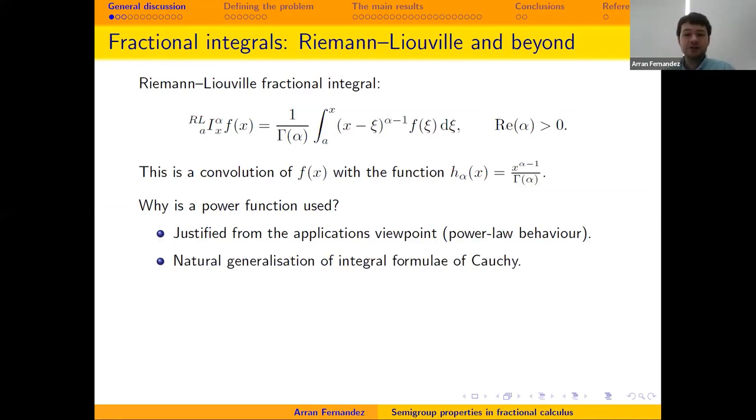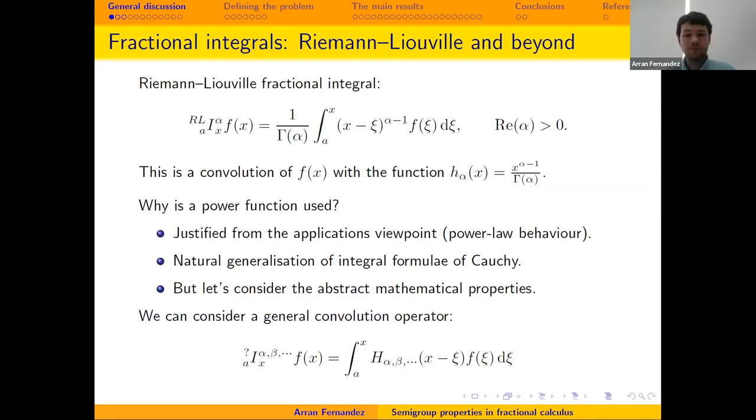Mathematically, it's also a natural generalization of both Cauchy's formula for repeated integrals and also Cauchy's integral formula from complex analysis. But I want to think about it in an abstract mathematical way, without saying where this comes from or how it can be used. What are the properties of this specific type of operator that make it useful to be used